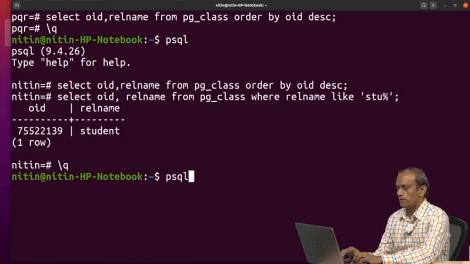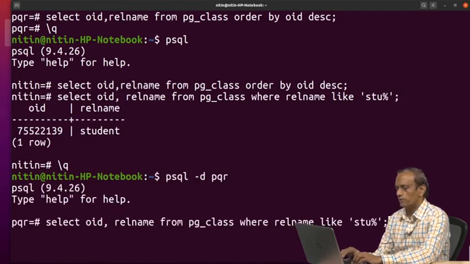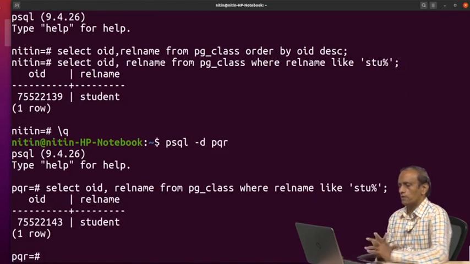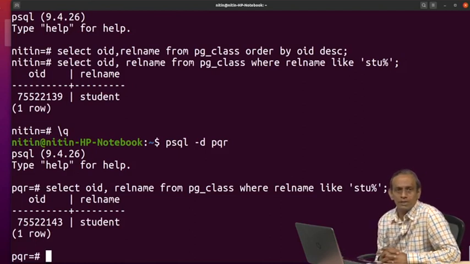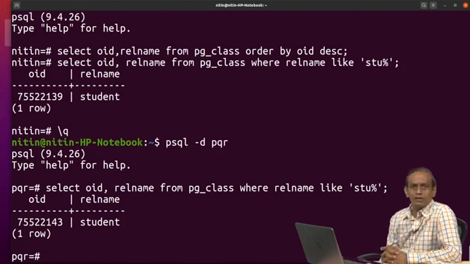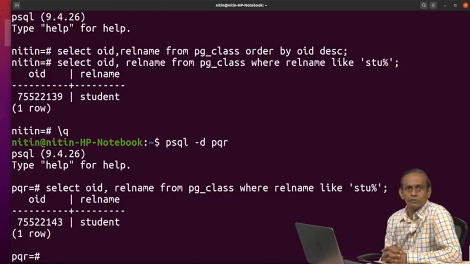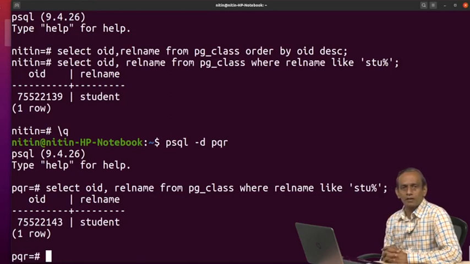If I quit and fire a similar query now, see the difference, both the numbers are different. Then how exactly, on disk, would the databases or the relations inside the databases be differentiated? Today's session will be dedicated to that, and subsequent sessions would also be addressing that part.